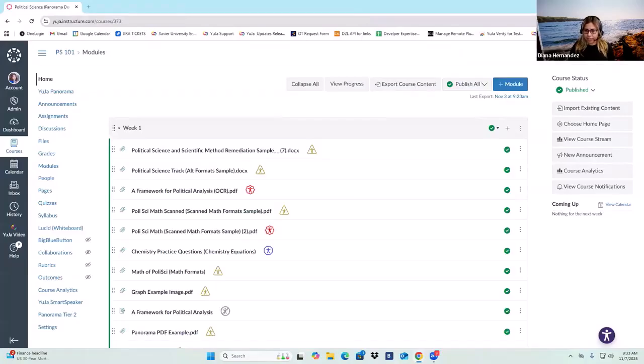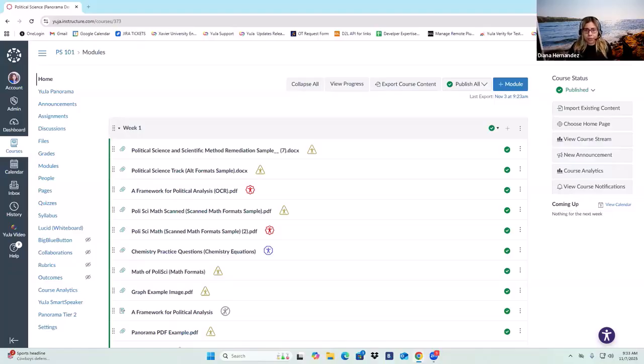All right. So the first thing, if this is the first time you're hearing about it, Panorama is a digital accessibility tool that provides institutions like yours with the ability to correct the accessibility of your digital content inside your courses, as well as provide alternative formats for users that have any learning disabilities. It also helps you stay up to date with the ever-changing accessibility guidelines. And we do follow the WCAG, Web Content Accessibility Guidelines 2.1 standards.